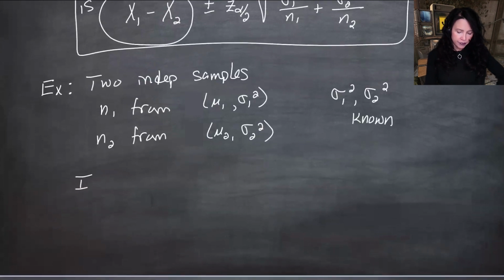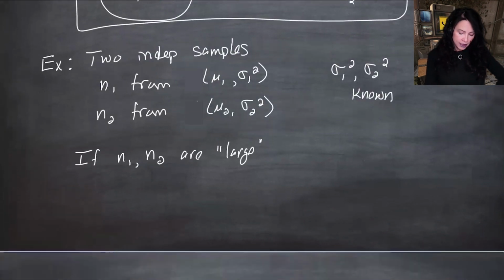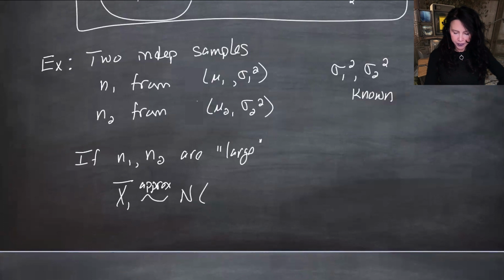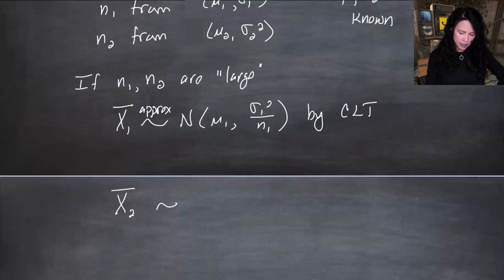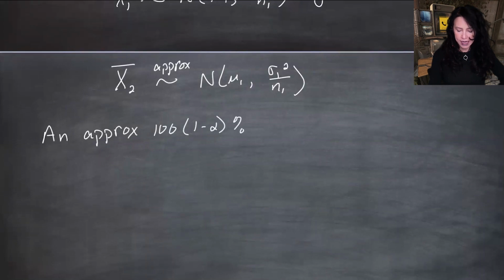You can say if n1 and n2 are large, greater than 30, or I would like them to be even larger, then our x1 bar, the sample mean, is approximately normal by the central limit theorem, with mean mu1 and variance sigma 1 squared over n1. And, similarly, x2 bar is approximately normal. And so the rest of this problem is going to be what we just did. An approximate 100 times 1 minus alpha % confidence interval for mu1 minus mu2